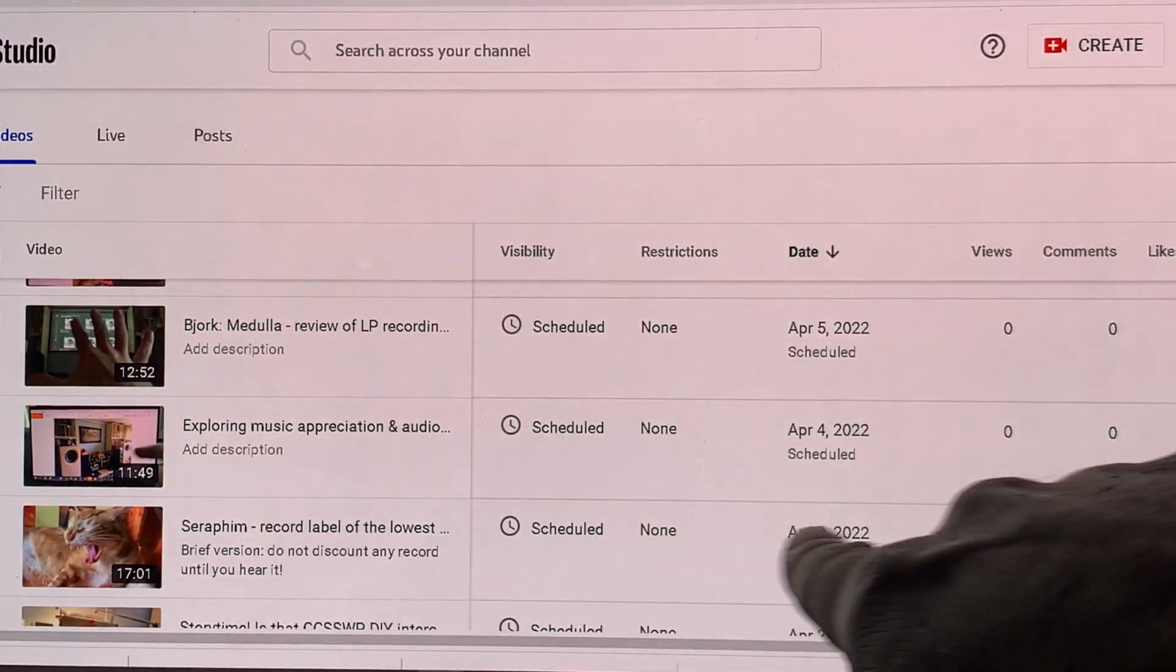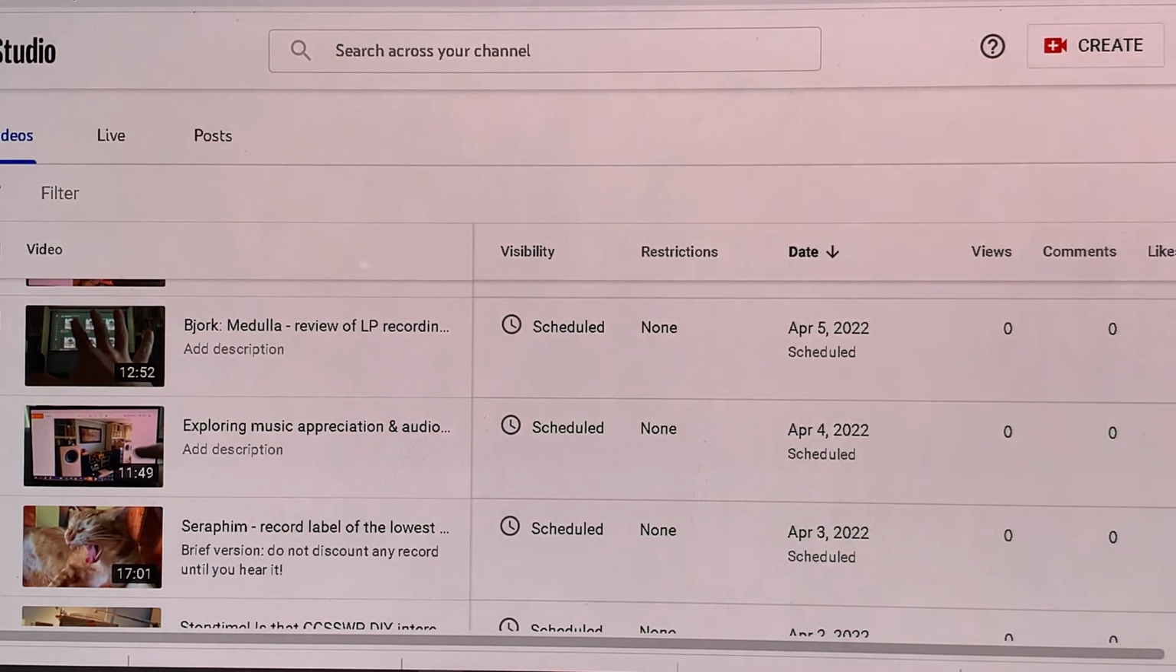So then the next day, April the 3rd, it's going to be a very peculiar episode. It's going to be a record label recommendation, the Seraphim Records, and it's going to be a specific record that I'm showing, but I'm drawing conclusions from others. I have a boatload of Seraphim Records,